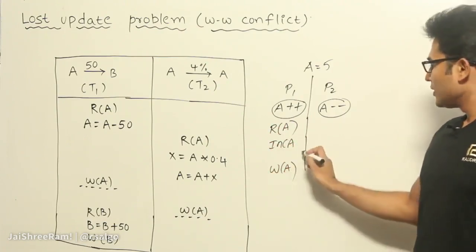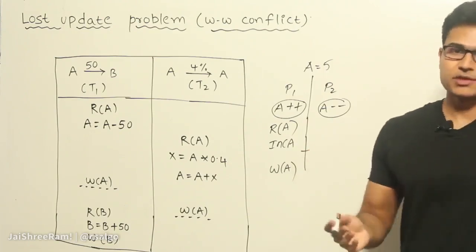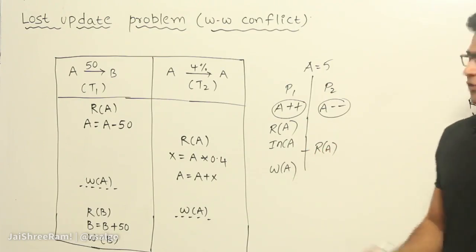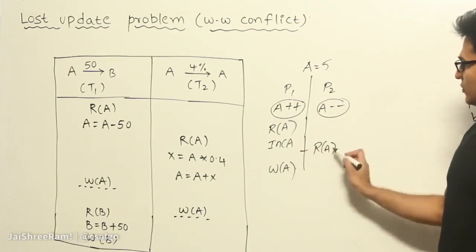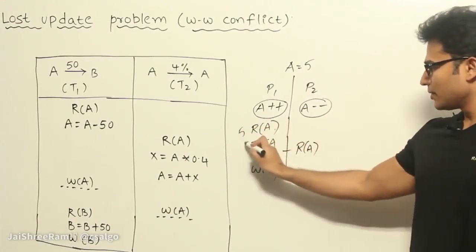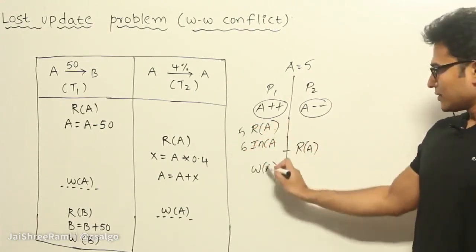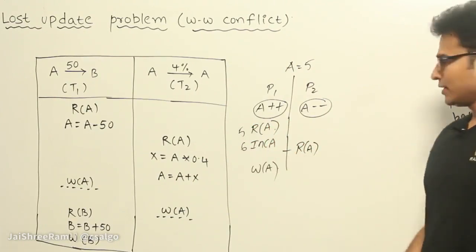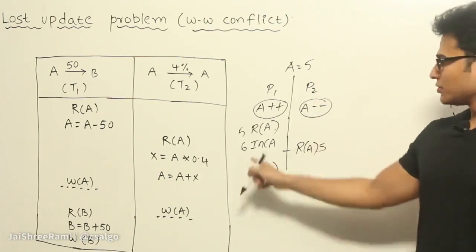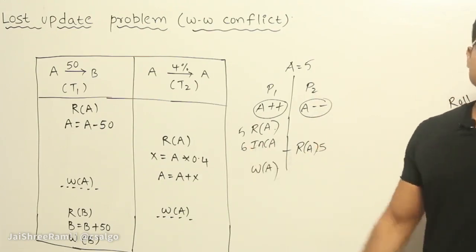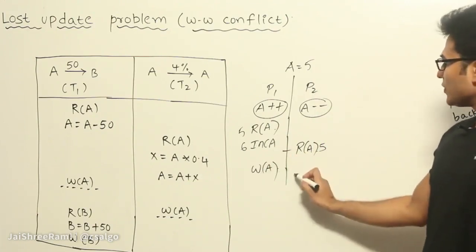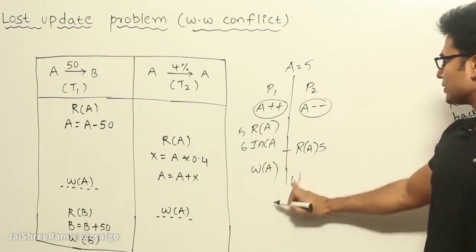Now let us say there is a preemption, because of which the other process is going to read the value of A before the first one writes it. Here the value of A will be 5, and when I increment it, it is going to be 6, but it has not yet written the value back. Now what will this one see? It will also see the same value 5. Actually it is supposed to see 6, but it will see 5 only, because the update is not done there. Now let us say it is decrementing A,